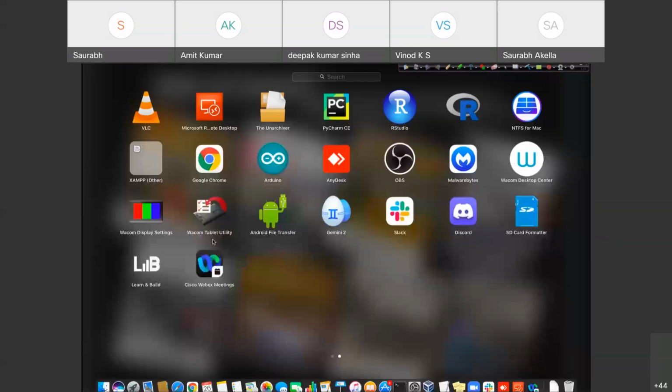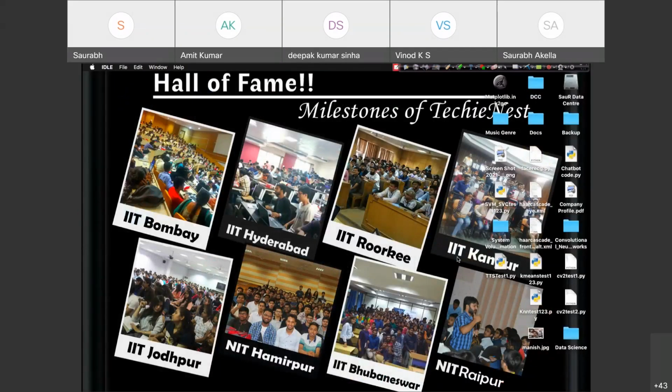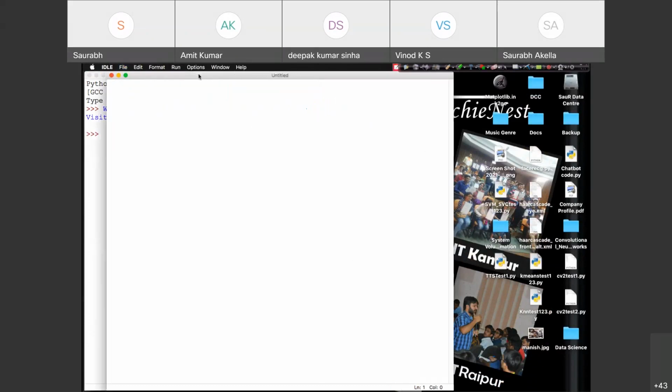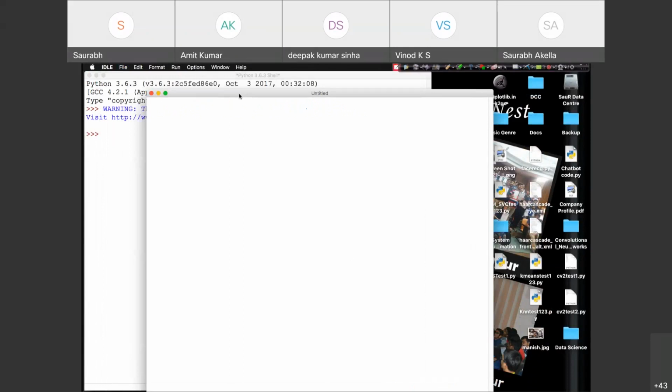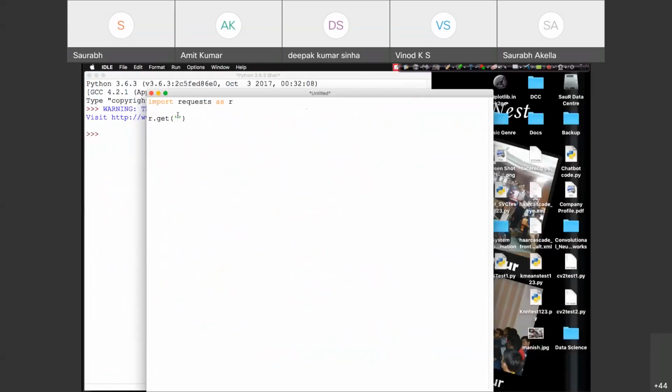Okay, so let's try to write one more Python code. This is what I'm writing on a different computer, on my Mac basically, right? I'm not writing in Raspberry Pi. So import requests, same library, r dot get. Now I have to use a different URL. This one, read data, because I have to read this data from the cloud. I just want the latest entry only, or I want 10 different entries also. That is also possible. I want 5 entries. That is also possible.